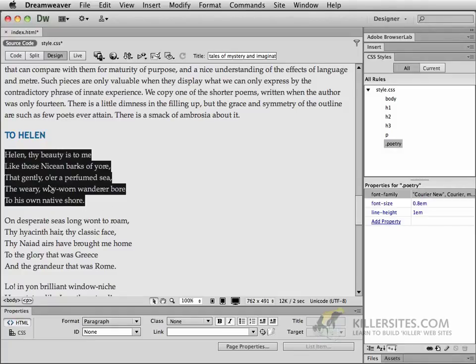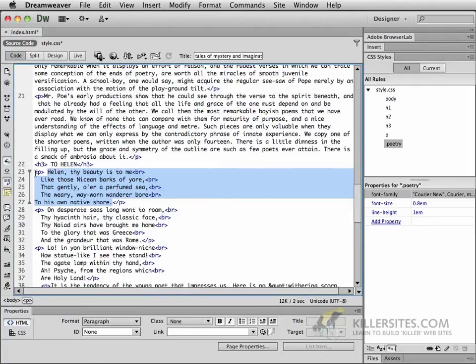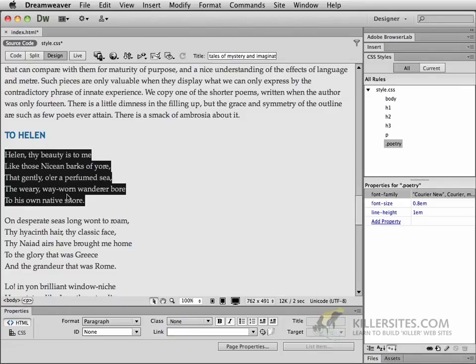Let me take a look at this first. If I select this and then go into my code view, you can see that it's just a normal paragraph. Open P, closing P, with some BR tags separating those lines. So what I'm going to ask you to do is to select this paragraph,